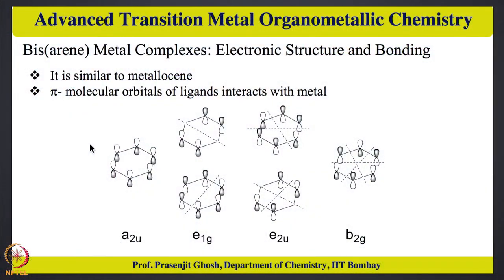With this, let me just move on to the structure and bonding in these Bis-Arene complexes. And these we are going to be looking at the structure and bonding with respect to its molecular orbital diagram. So, in the beginning, let us look at how these atomic orbitals combine to form these fragment orbitals for the arene rings, and then move on to a more complicated system, like Bis-Arene interacting with the metal, and then look at the interaction at the metal level.